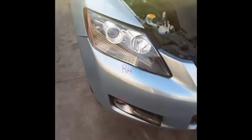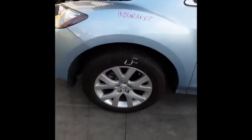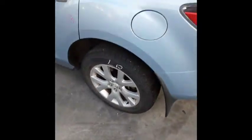We have the right hand headlight, right hand fog light, right hand indicator, left hand fog light, left guard appears to have no damage, left front 18-inch factory alloy mag with a good tyre, left power door mirror, left front door has 3 small dents, left rear door also has 3 small dents, left rear 18-inch factory alloy mag with a good tyre. We have the left hand tail light,